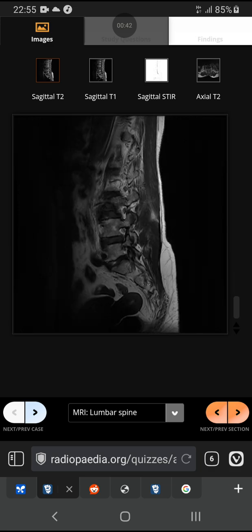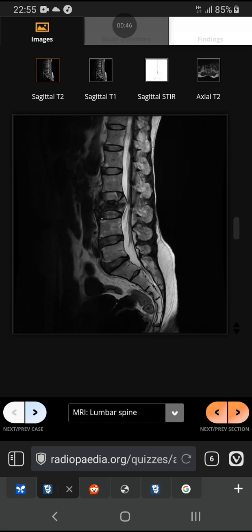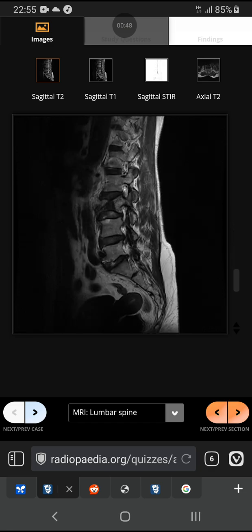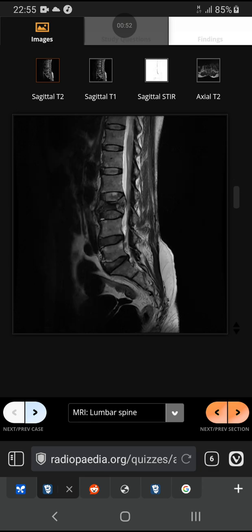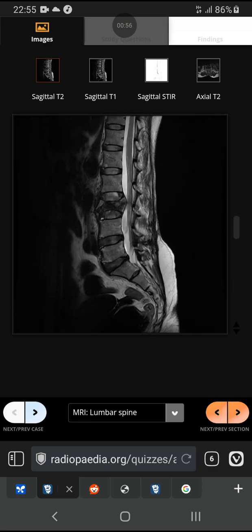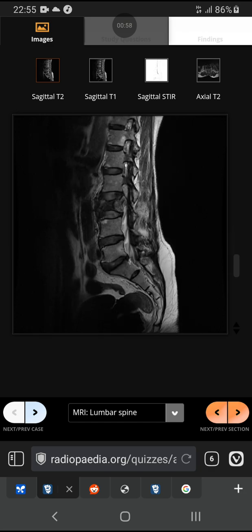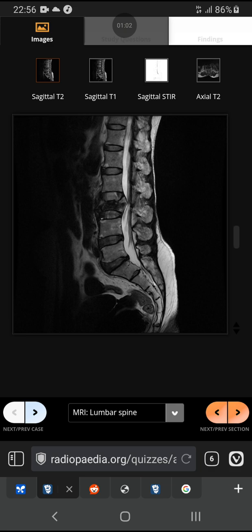I think what we can see is in the L4 vertebra, we see in the superior part a little bit of hyperintensity, but the main thing we can see is a protrusion between L4 and L3,